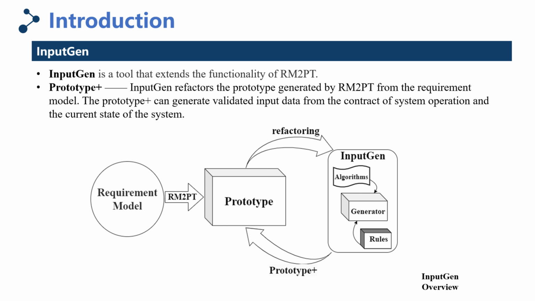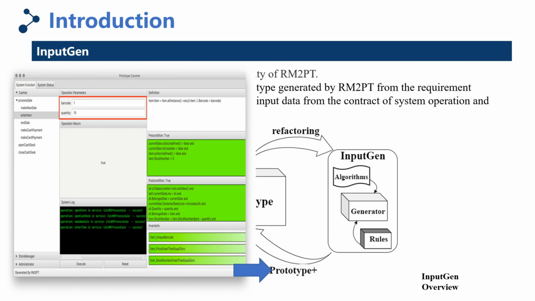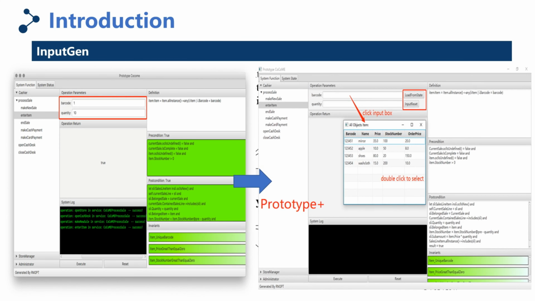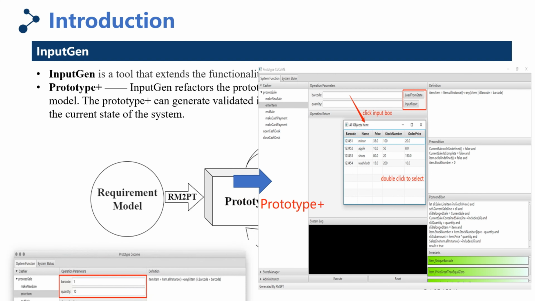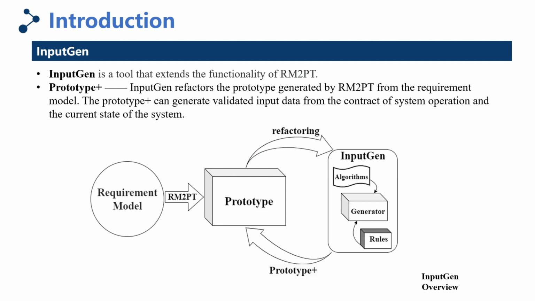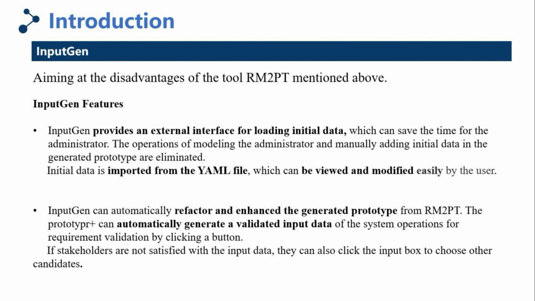Therefore, InputGen is a tool that extends the functionality of RM2PT. It uses the same model as RM2PT. The refactored prototype is Prototype Plus. It can generate input data based on the contract of system operation and the current state of the system. By executing the Prototype Plus to validate the consistency of requirements, it is easy to find errors in requirements. Aiming at the disadvantages of the tool RM2PT mentioned above,